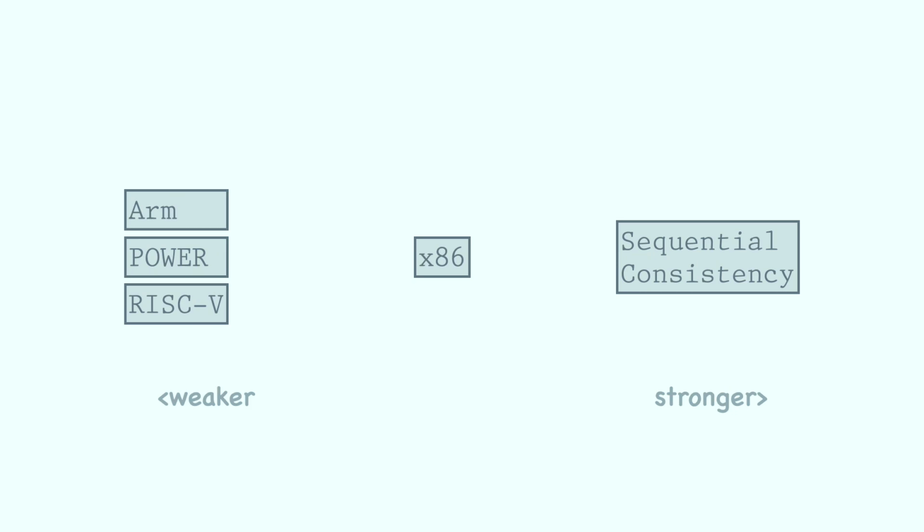x86 is slightly weaker than sequential consistency, but it's also well known as being a fairly strong memory model. If you're programming on x86, things probably won't go that wrong most of the time. But when you go into RISC machines like ARM, Power and RISC-V, then you're in trouble because they are weak memory models, and you're in a lot of trouble if you wrote your program, tested it on x86, then ported it to these ARM, Power and RISC-V systems, and suddenly you get weird concurrency behavior